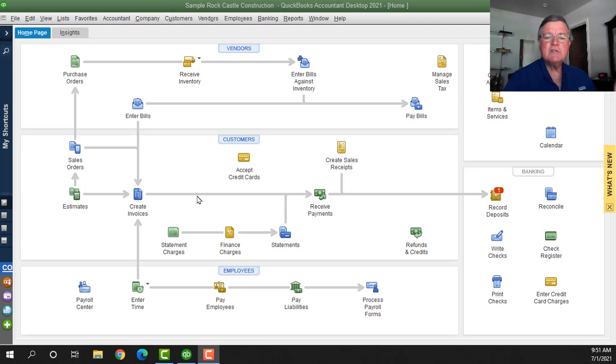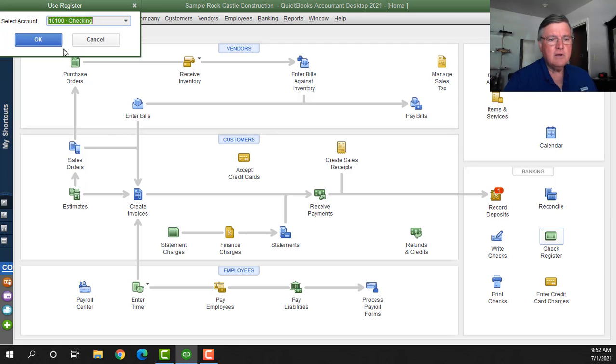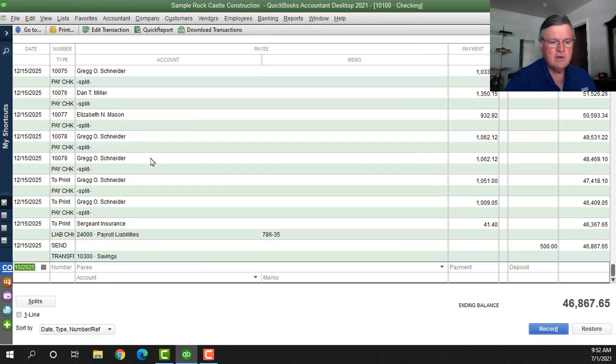Okay, so what's a common error that people might make? Well, most people like invoicing their customers, and so they may do that. But if they don't have a lot of bank transactions, if they're not doing those on a daily basis, they may be using the check register, since it is faster if you're recording bank transactions after the fact. So they may come in here and open the register for their bank account and say, well, I just made a deposit today. I made that deposit for